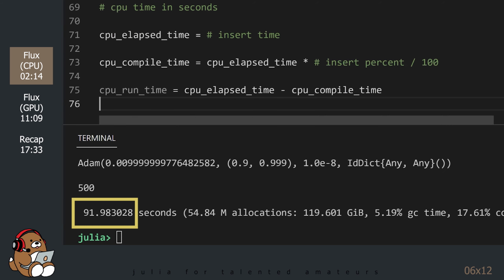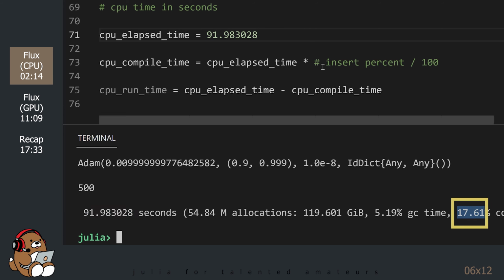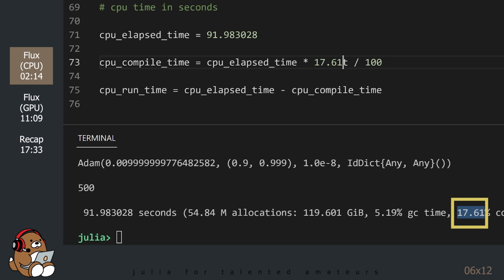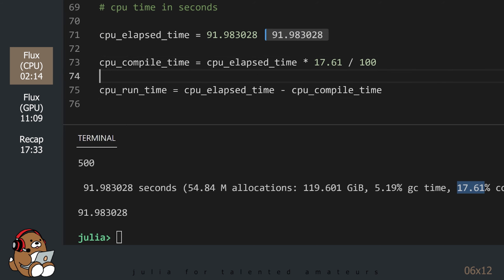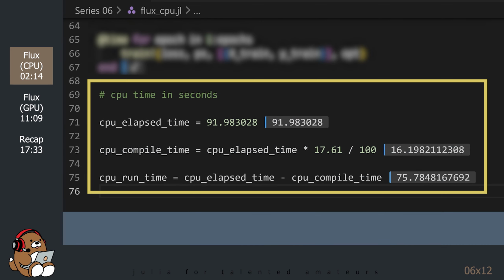You can just copy and paste those numbers from the REPL into your file. Okay, so these are the times to beat. Next, we're going to modify this code slightly, so we can run it on our GPU to see if we can improve these times.